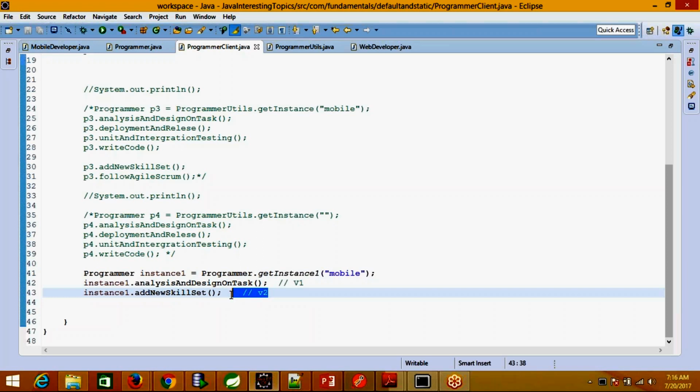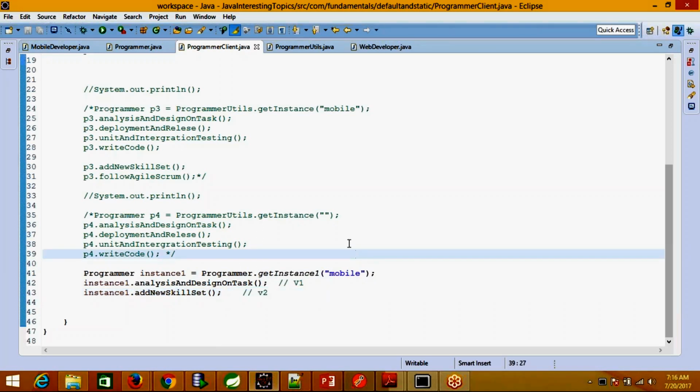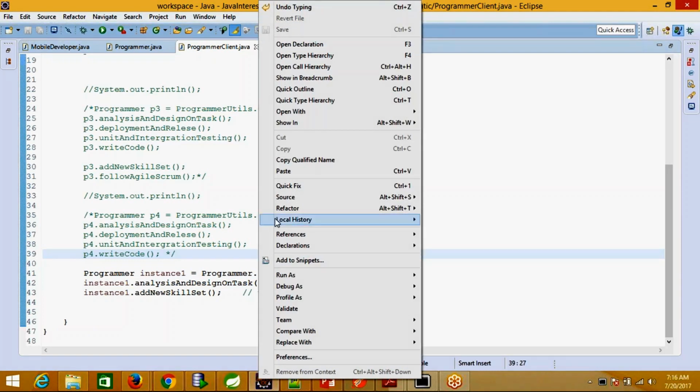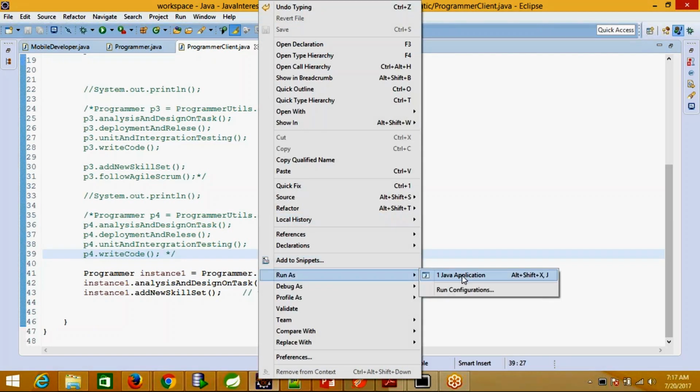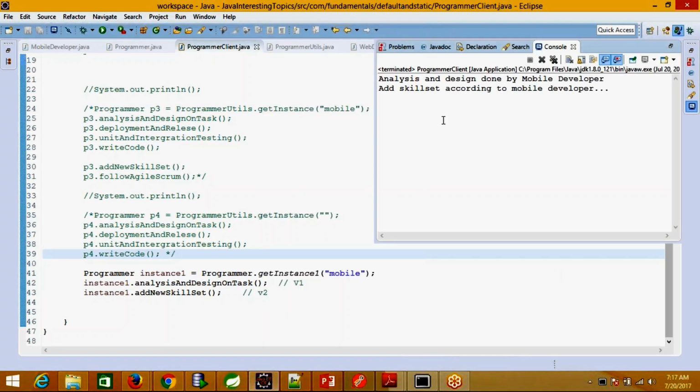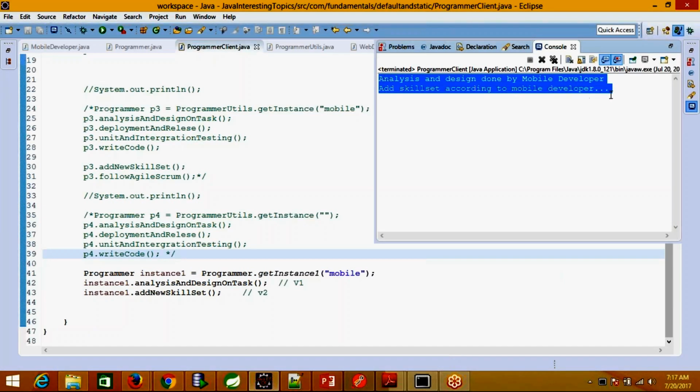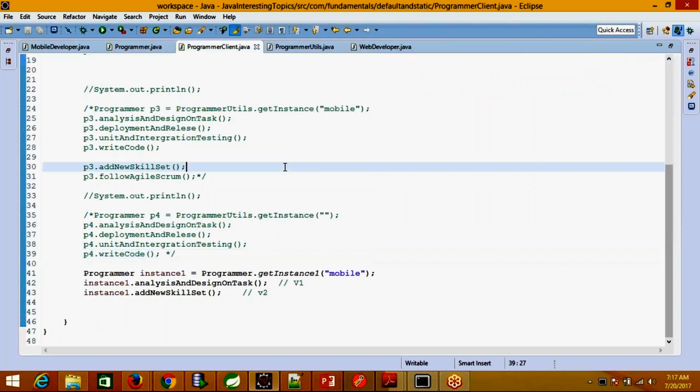They add new skill set, so we can just observe the output itself. No need to include every method every time. So see here, the same things get printed. Whatever the desired output we expected, that is only what gets printed over here.